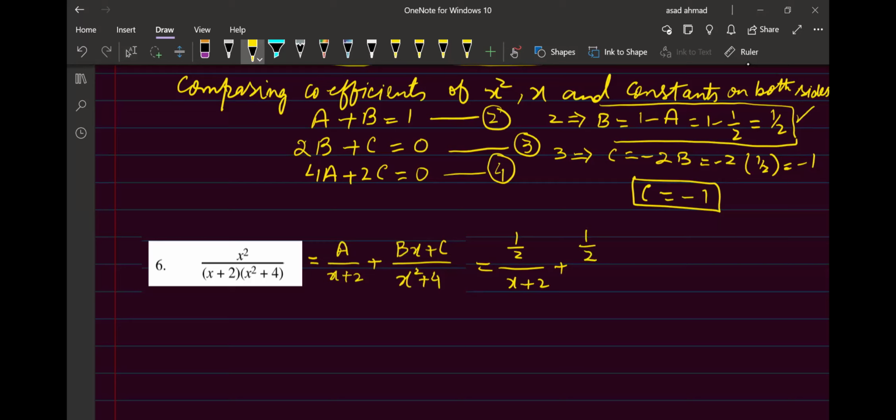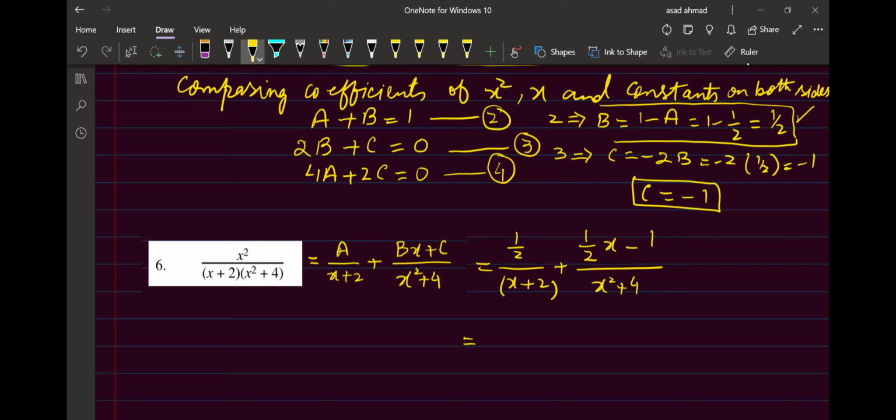So we will substitute 1 by 2x and C is equal to minus 1. So we have substituted the values of A, B, C, but we have to be very careful in writing the answer,